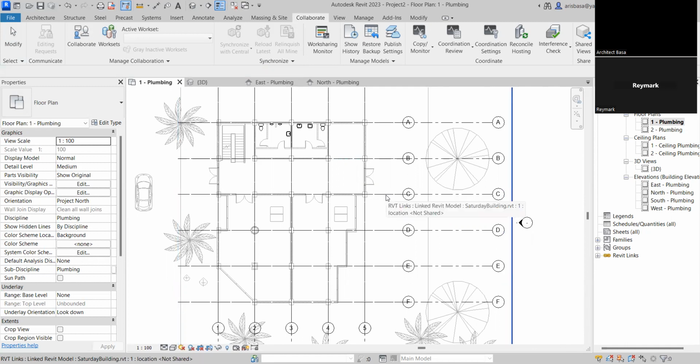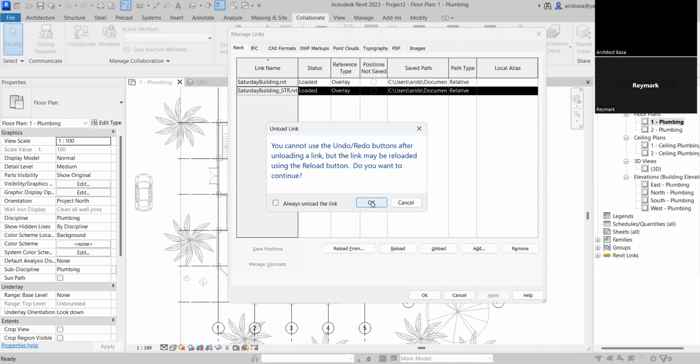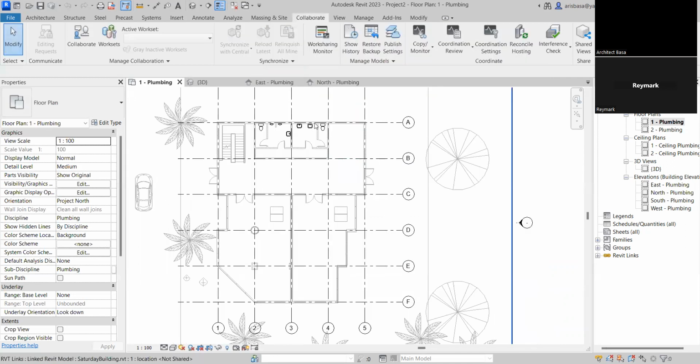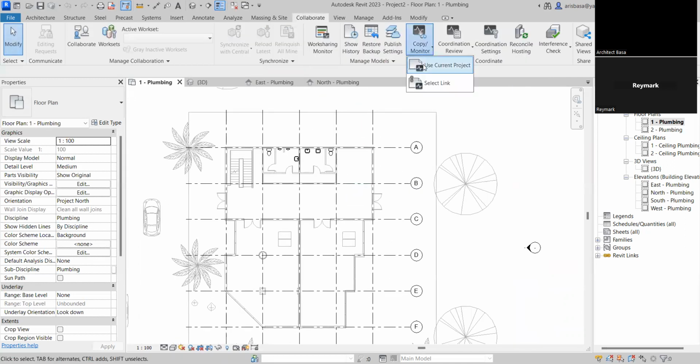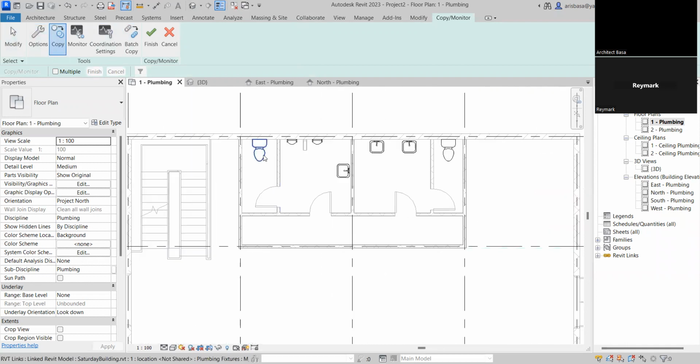Okay, it's not coming. So what we'll do is unload the structural link, so that we can choose the architectural link when we copy monitoring. Select link. Please select this and copy. We'll now copy all of the